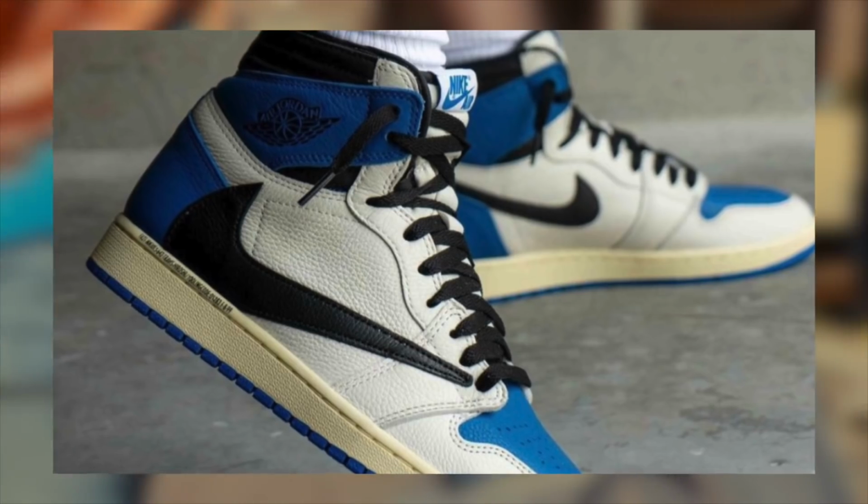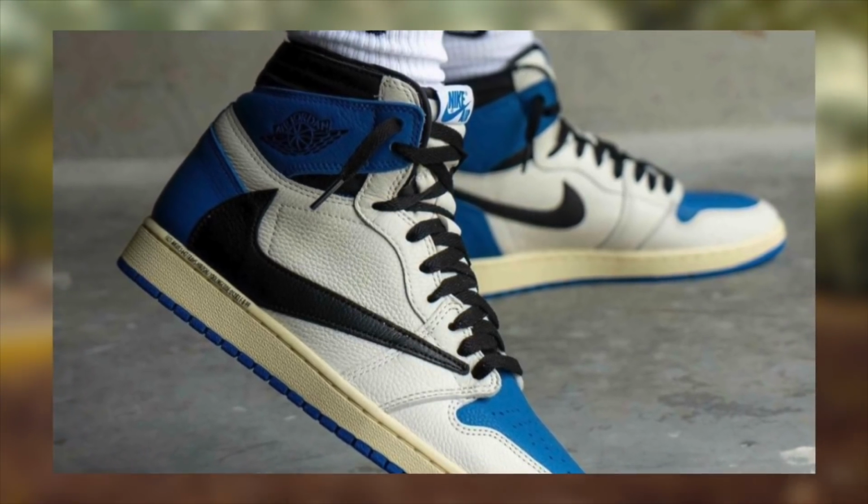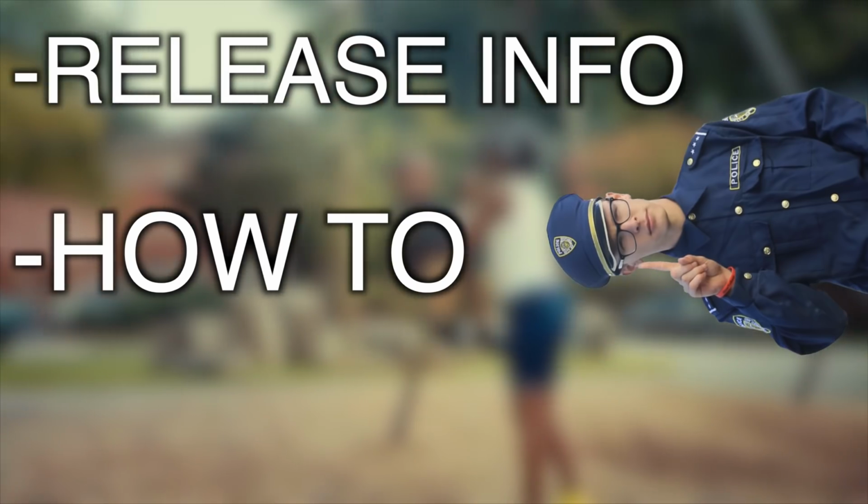Welcome back everyone. Today we will be discussing the Jordan 1 Travis Scott Fragment collab, also known as the Jordan 1 Cactus Jack Fragment. Specifically, we will be discussing some release info, how to cop, and of course, some resale